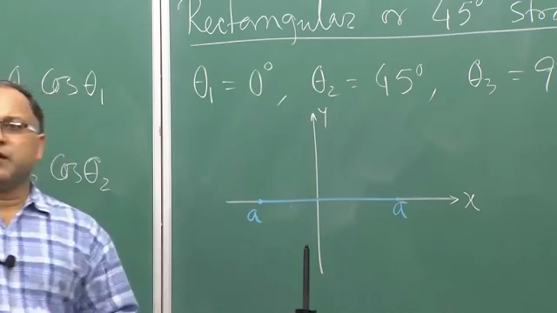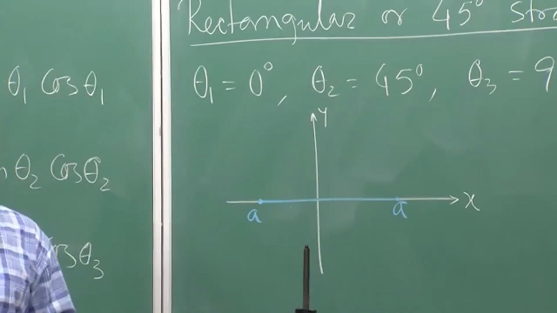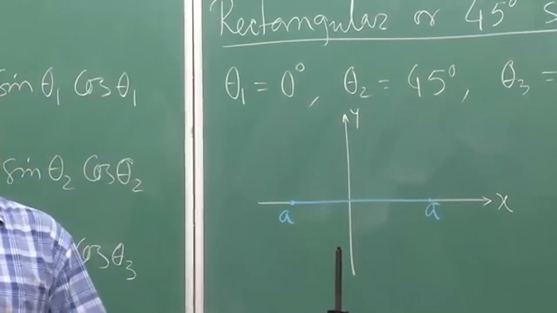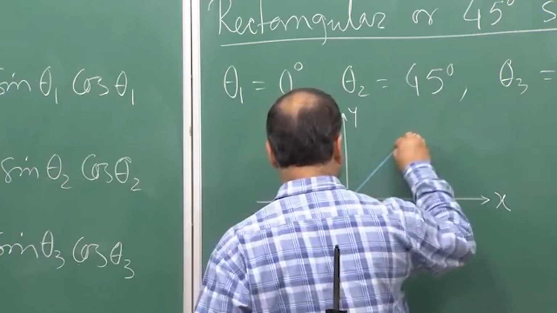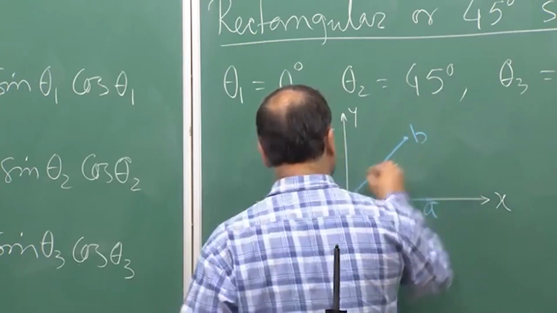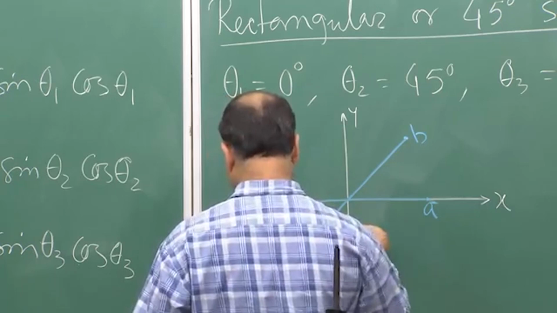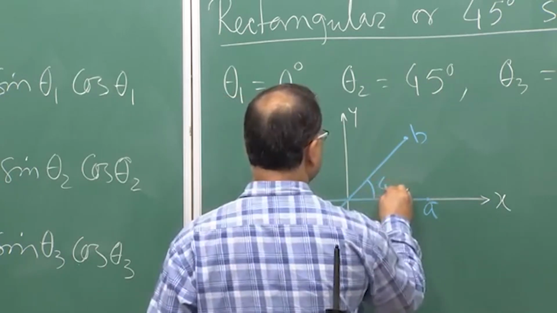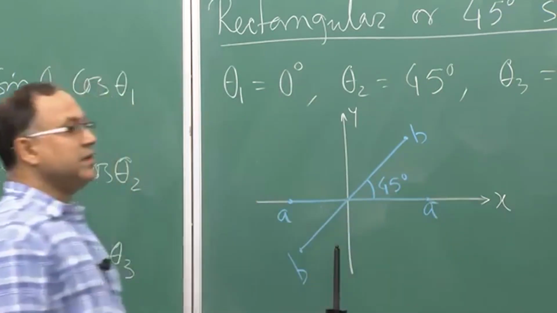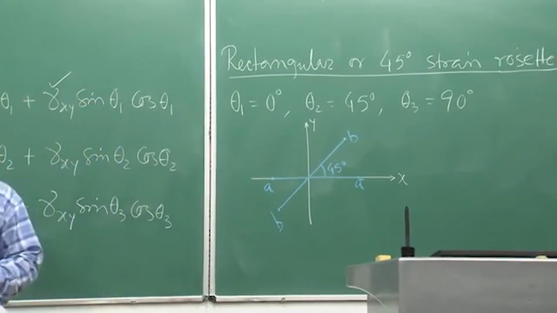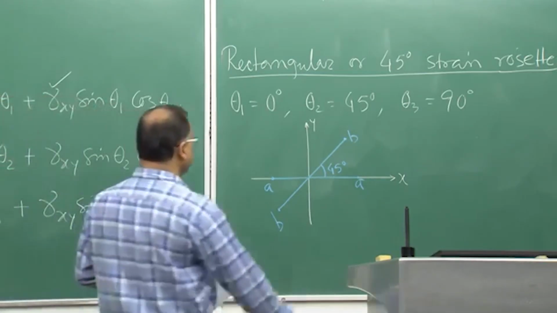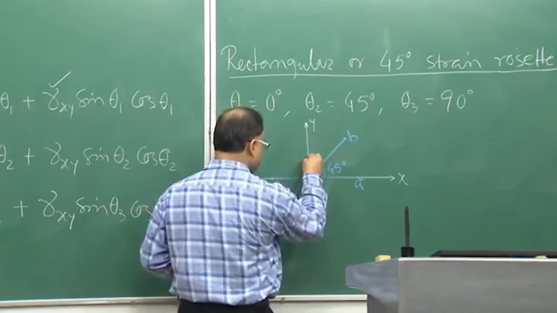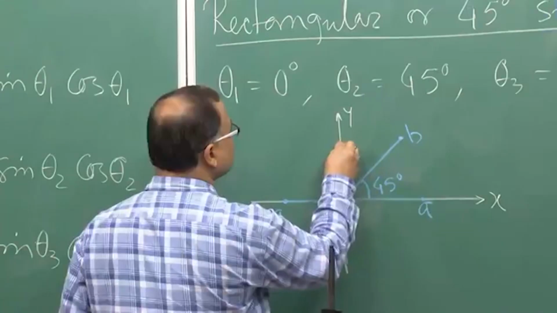Now, theta 2 is 45 degree, that means the line BB is making an angle 45 degree with x axis. So, that is here, this is your BB, this angle is 45 degree and theta 3 is 90 degree. The line CC is coinciding with y axis, then only it will be making an angle 90 degree with the x axis. So, this is your line CC,